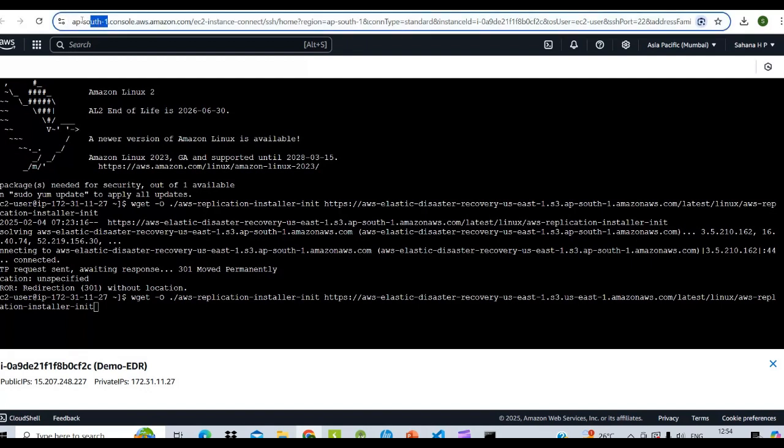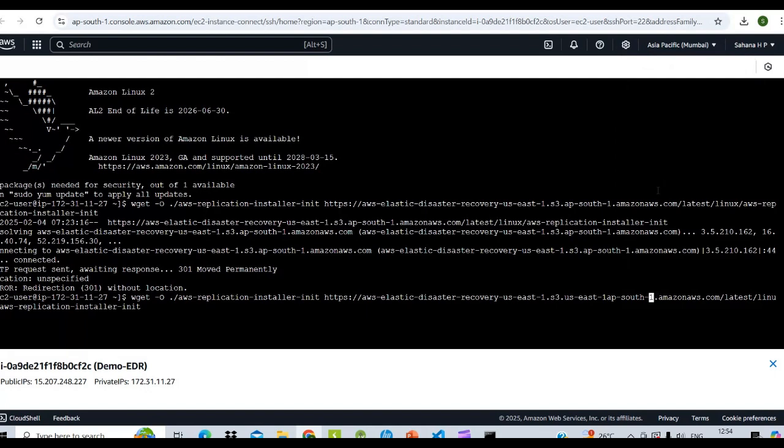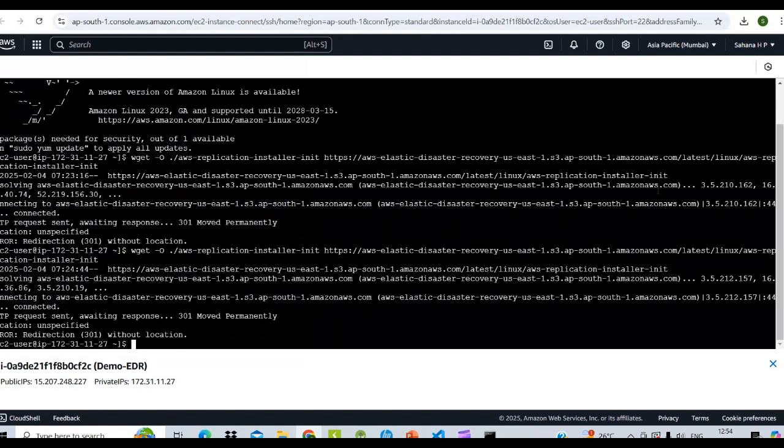Copy the AP South 1 instead of here, and paste.